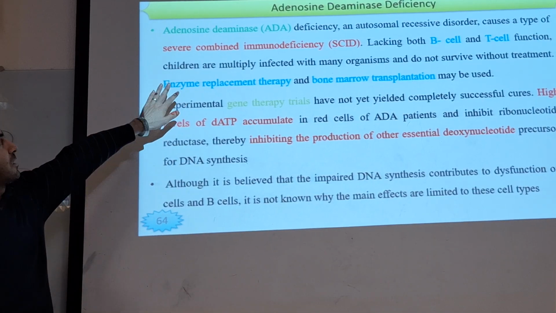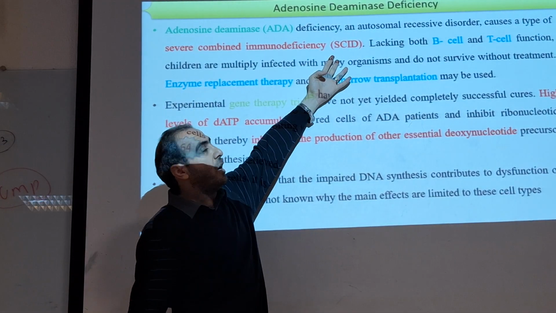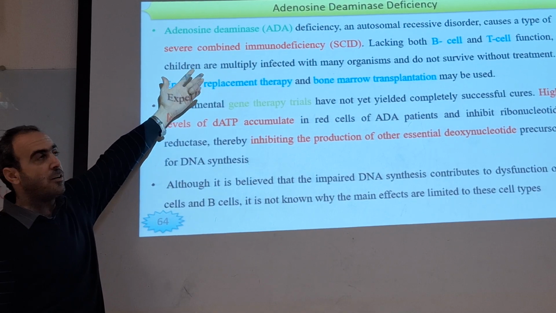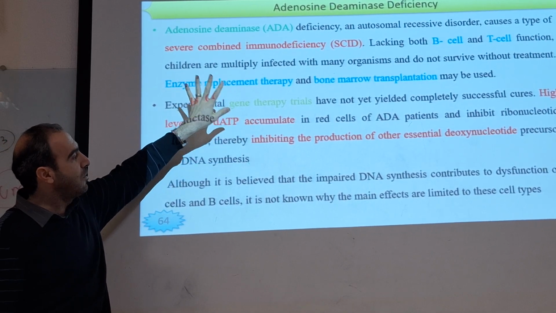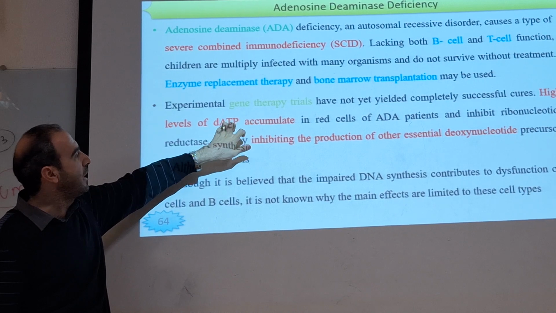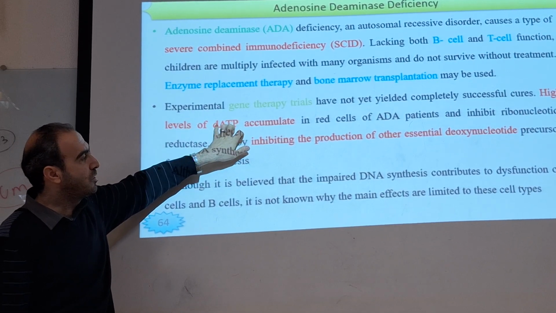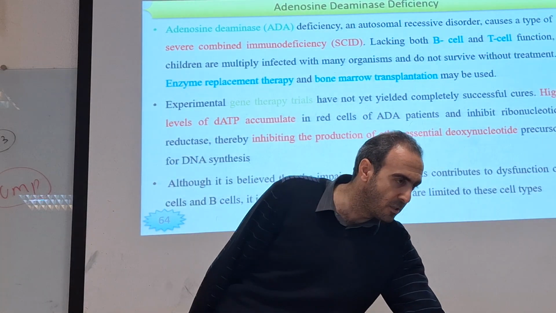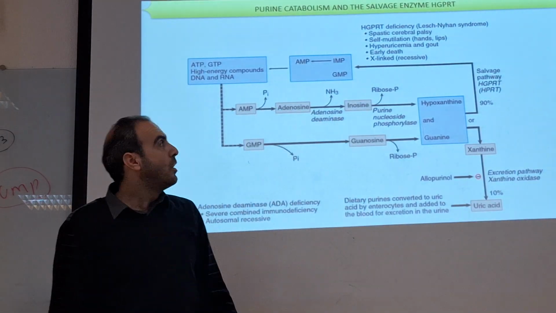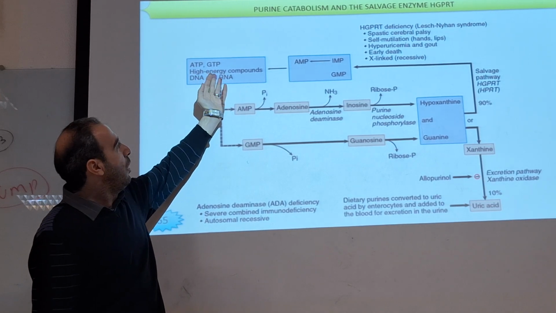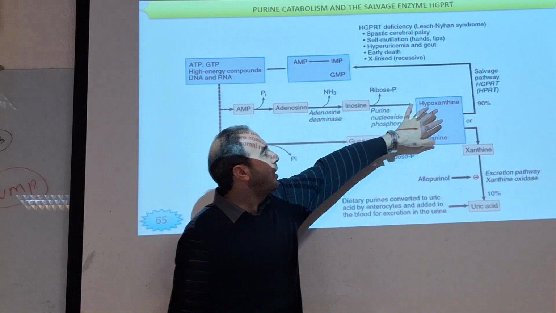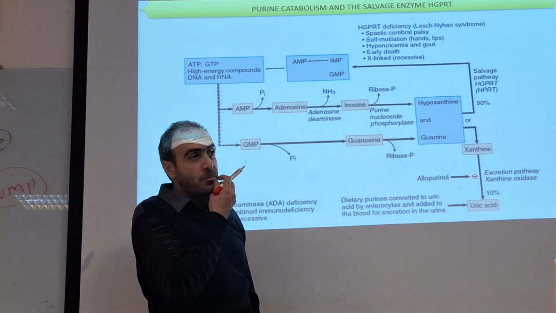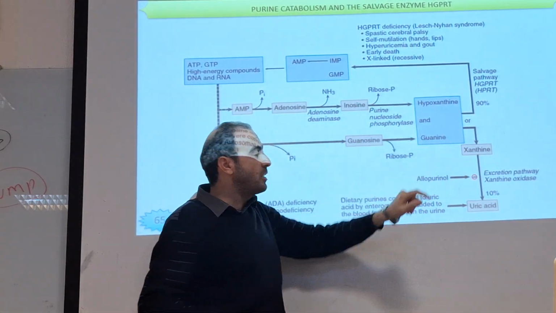Adenosine deaminase deficiency, as I mentioned, leads to SCID because B cell and T cell function cannot occur very well because of accumulation of dATP. Ribonucleotide reductase is inhibited, and then the immune cells are affected. So this pathway is for the salvage. If you look at that, when we have hypoxanthine and guanine,